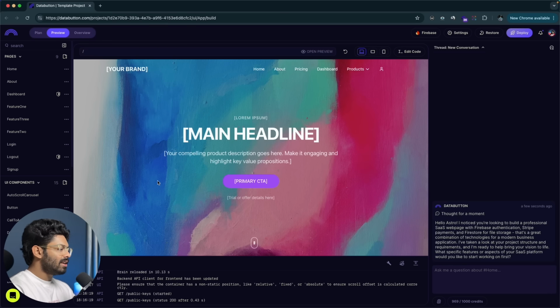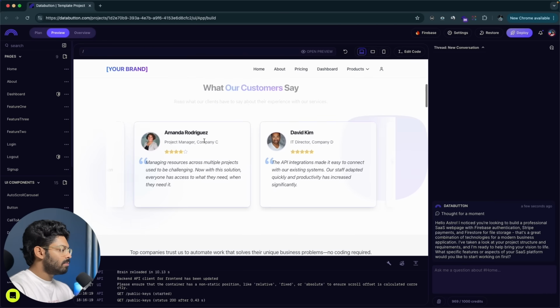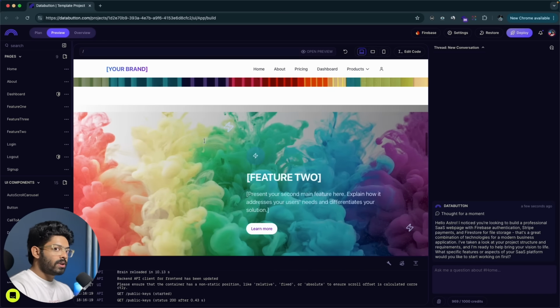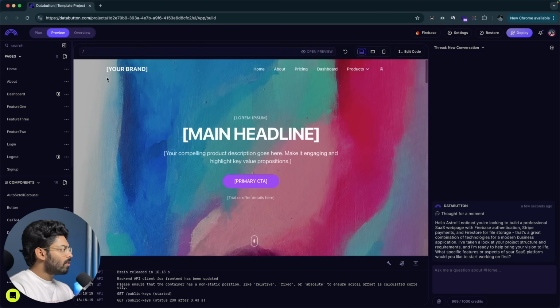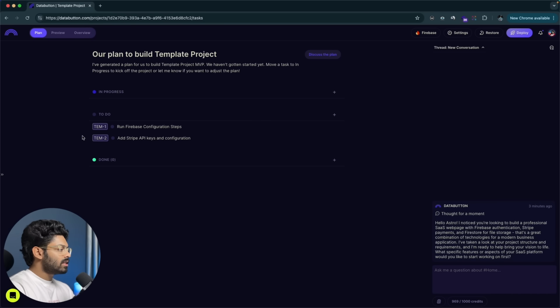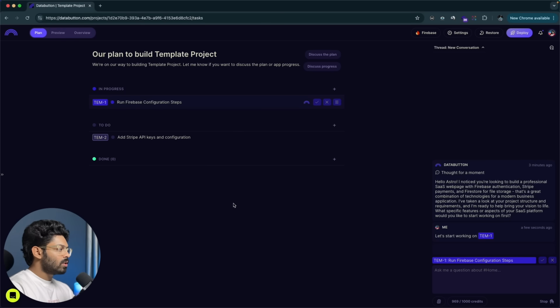And now as you can see, we went ahead and opened the SaaS template in Databutton, and this is where the real magic happens. So if you move over to this plan section right here, as you can see, we already have two to-do items here. The first is to configure Firebase and the second is to configure Stripe. Okay, and now the first thing that we'll do is to go ahead and implement a real backend with authentication. So obviously we need to configure Firebase. So I can go ahead and click on this option that says start task,